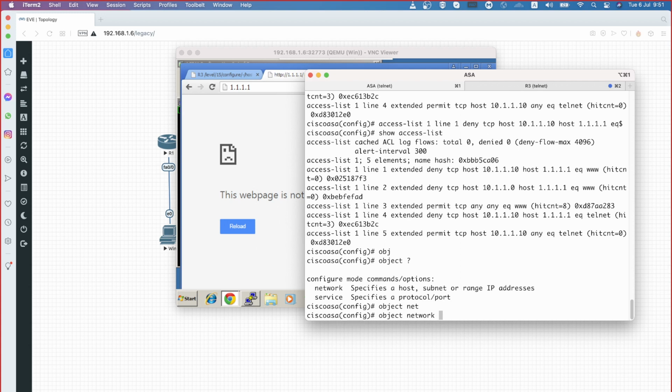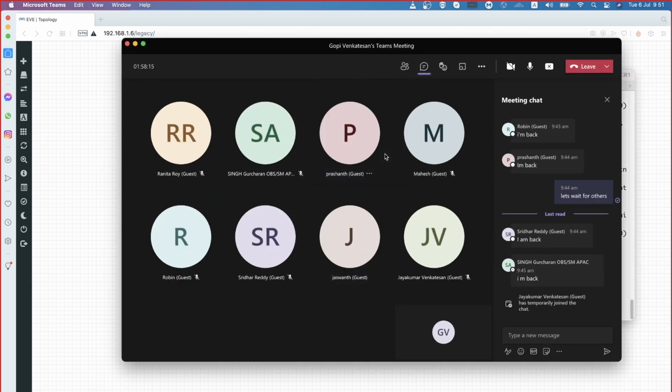I'm sorry, it is shared. How about the others? Can you see my screen? Who's having a problem? Prashant, probably you disconnect and reconnect once again.